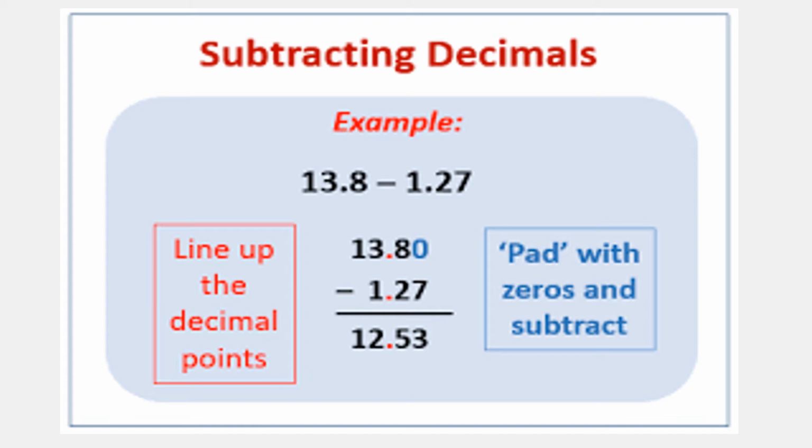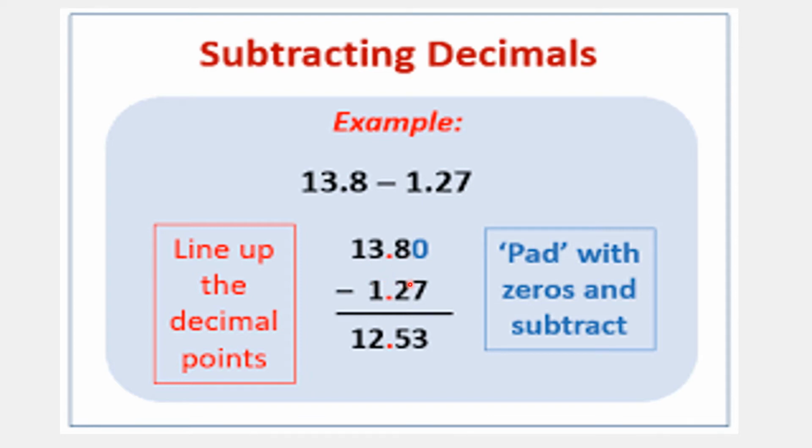Another example. 13.8 minus 1.27. So let us see how we'll do this. First, line up the decimal points, that is, place the decimal point just below the decimal point. Remember that. 13.8 has 1 decimal place, so you can add a zero to the extreme right of this 8 to make it 2 decimal places. So 13.80 minus